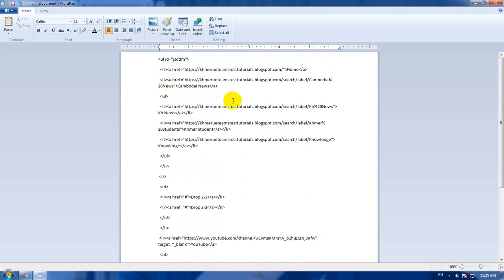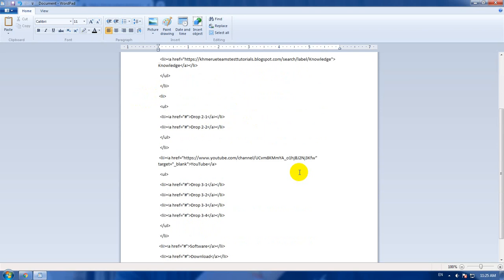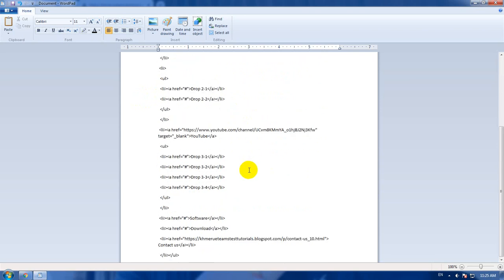Now I'm gonna find this one that's called, okay, URL is a drop down menu. You should remember that URL is a drop down menu. So if you want to add any drop down menus, you need to do like this by opening the URL,